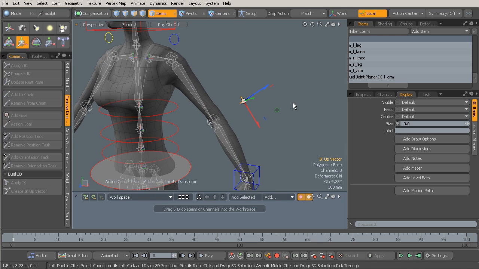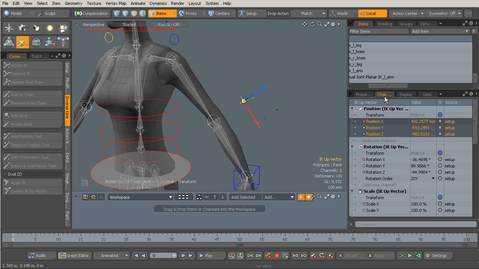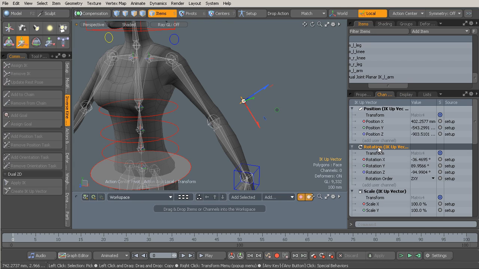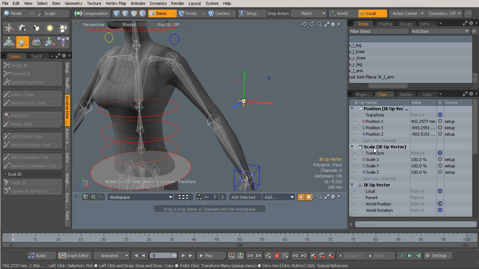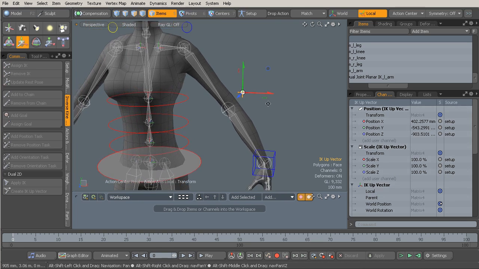Cool. And then once we've done that, it's just a matter of heading over to channels. Let's go ahead and find rotation. And we're going to go ahead and delete our rotation list that has all of these values just to reset the orientation. All right, cool. So once we've done that, we can then head over to display,